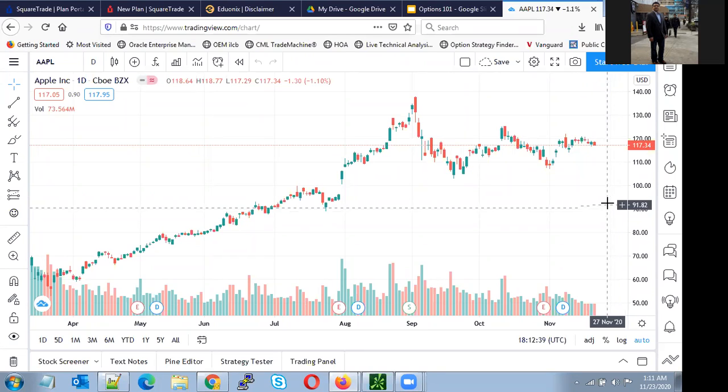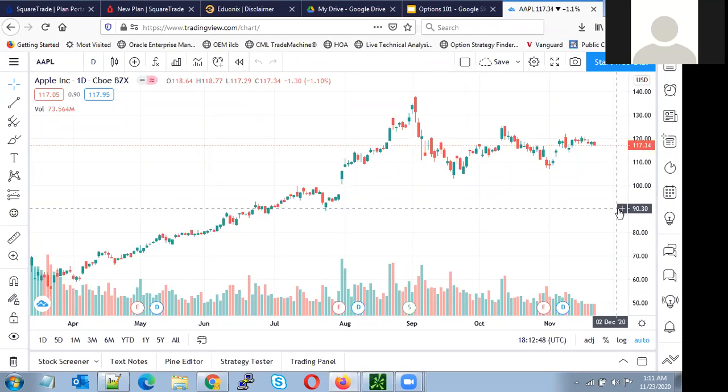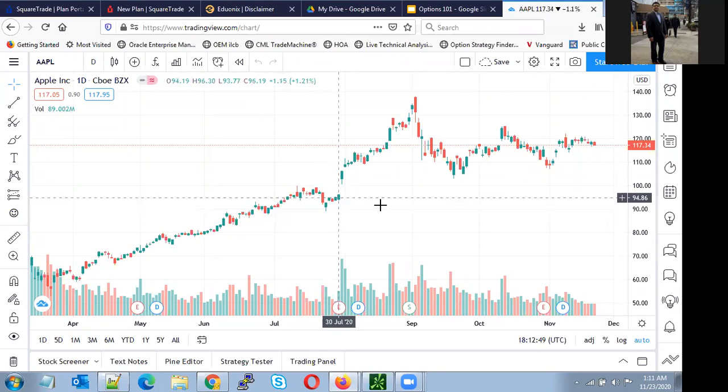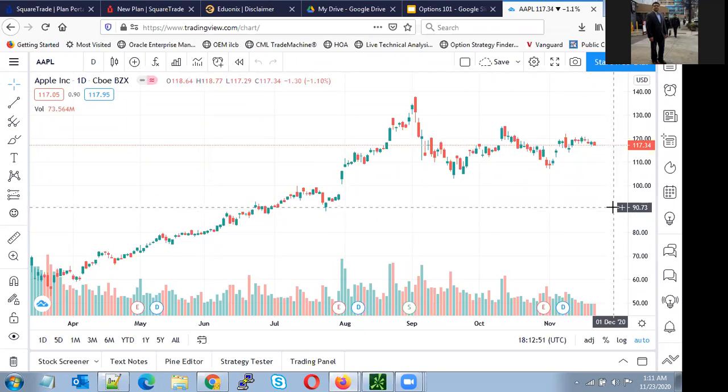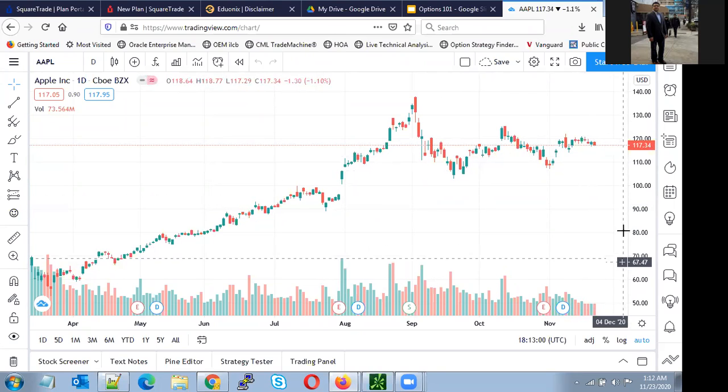But the only thing is, if the stock goes to 70, you still have to buy it at 90. Yeah, correct. But you like that price here and you think, I am okay with that 90 if it will come back, because it's a good company and I'm happy to buy at that particular price. Otherwise I might be buying here and losing all that money, instead of buying here and making some money.